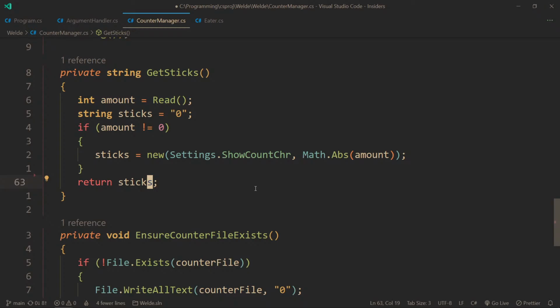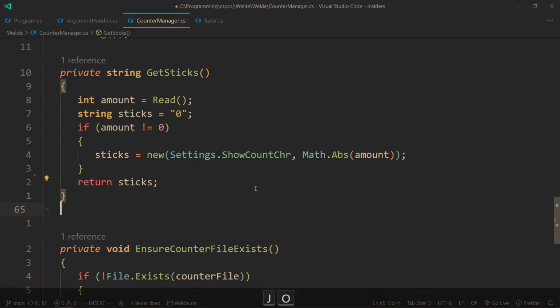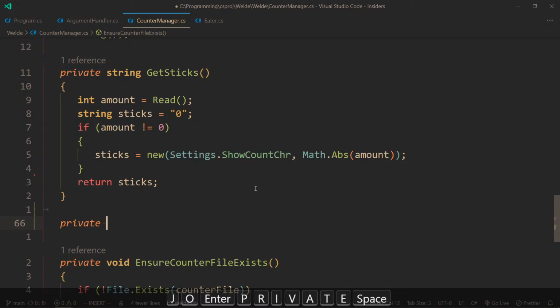Sticks has a default value of 0. Okay. Private get sticks. So that's how we get sticks. And we need to somehow figure out whether they are positive or negative. Are sticks negative? Private bool,